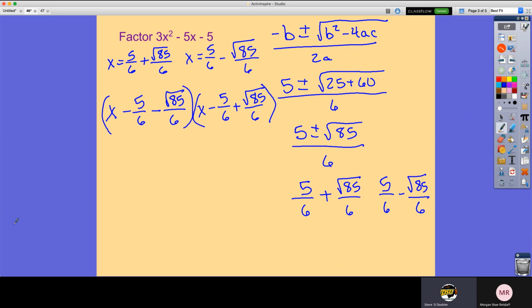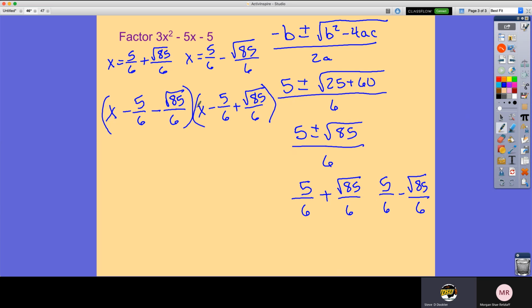Think about this answer, though. Does this answer make sense? What could you always do to check to see if you got this right? You could graph it. I don't know why anybody would do that, Connor. But yes, you could graph it. Okay, you're not wrong. All right, what else could you do? Yeah, you could FOIL it back together. Now the problem would be, though,